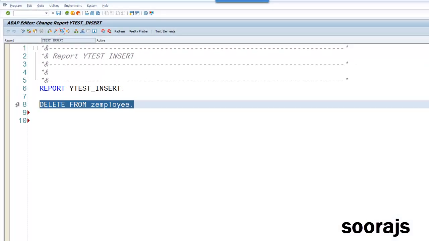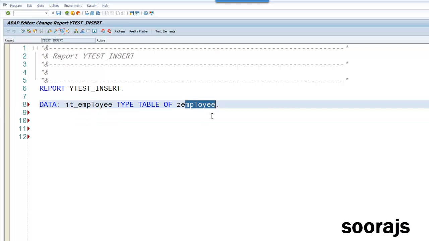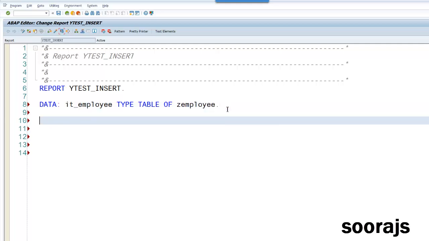Now we will create an internal table, type table of zEmployee, which is our database table. Then, using the value operator, I'll create the entries. I'll provide ID equal to 1, name equal to Suraj, and role equal to ABAP.